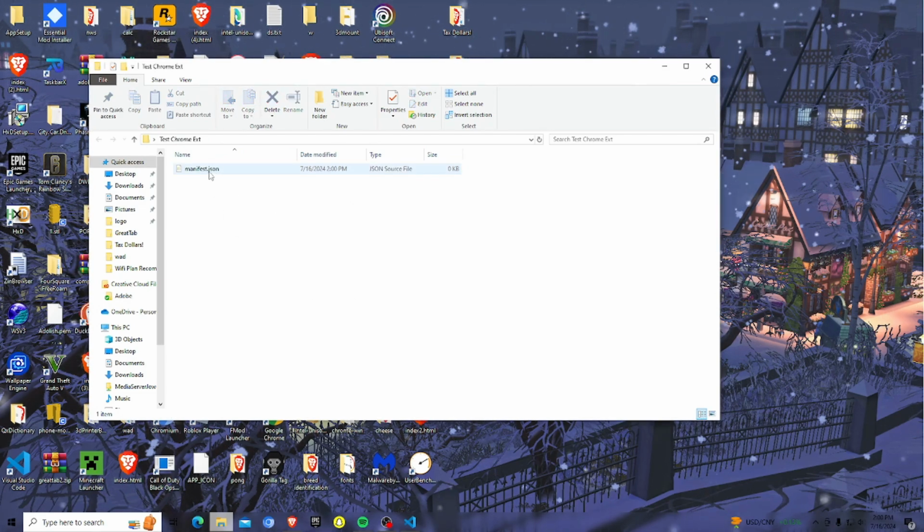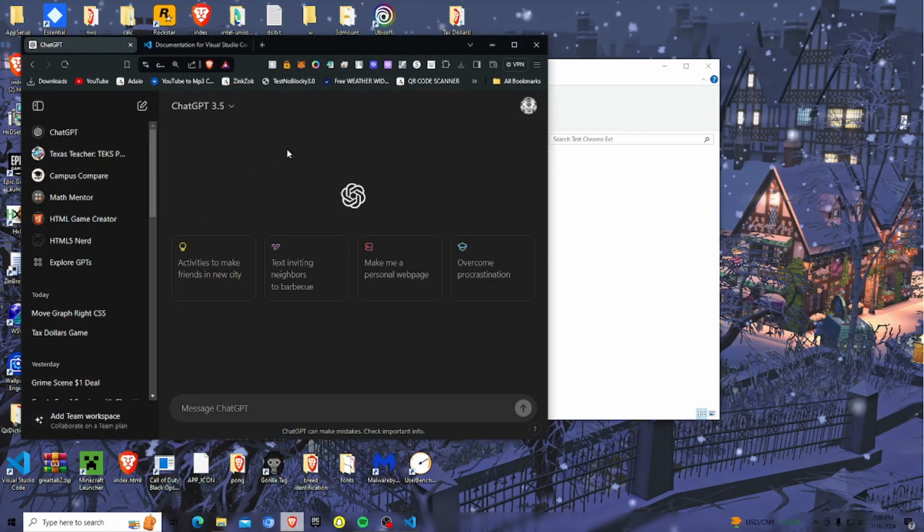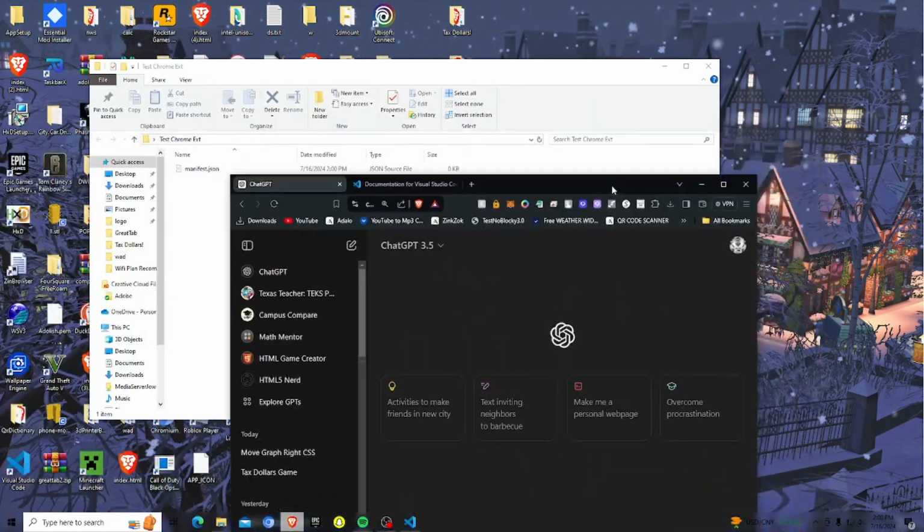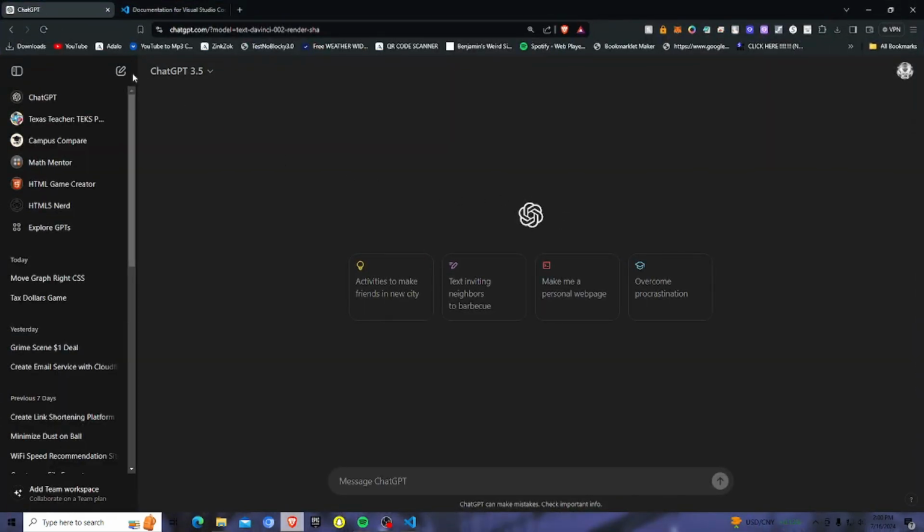manifest.json. Make sure you put that at the end. And this is where we start our developing for the Chrome extension. We're now going to ask ChatGPT to create our Chrome extension. We're going to say create